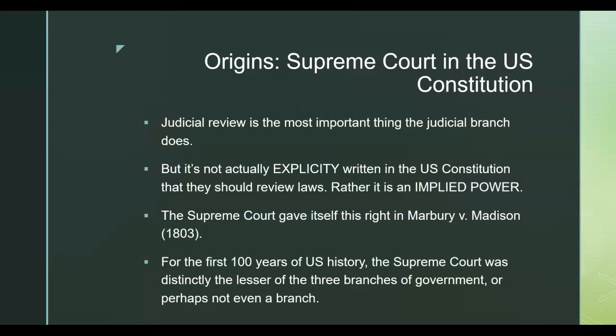The Supreme Court really formally gave itself the power of judicial review in the very famous Marbury versus Madison case. Now, I'm not going to get into the details of Marbury versus Madison because it's too nuanced and annoying to really want to do that. With Chief Justice John Marshall at the time, the vast majority of that ruling is actually concerned with articulating the logic of judicial review and showing that, in fact, it is implied and that it's appropriate for the Supreme Court to